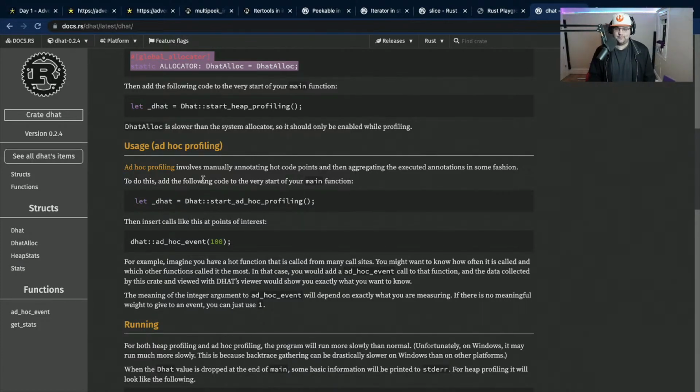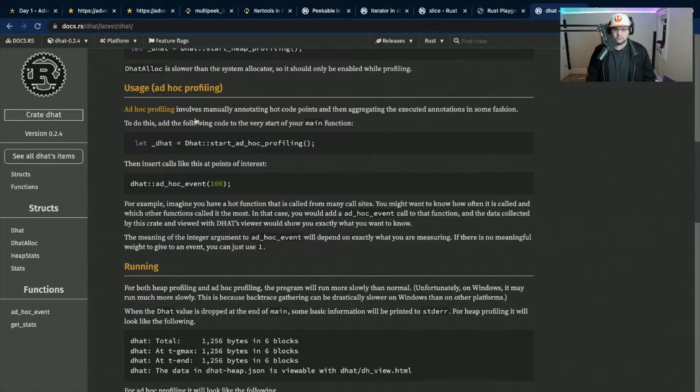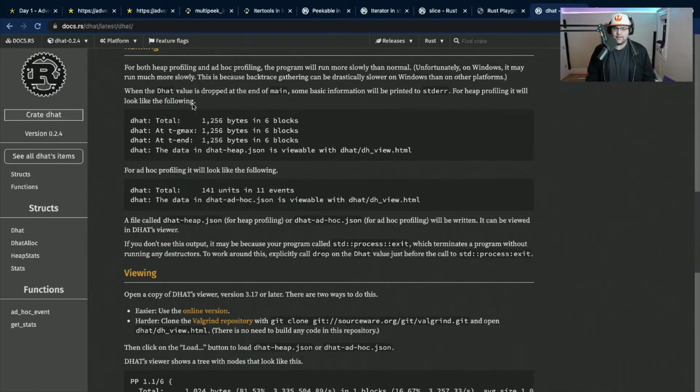The Rust compiler is much smarter than I am. And sometimes like when you think about when things deref and stuff like that, the Rust compiler can actually do more complex analysis. I don't want to ad hoc profile.